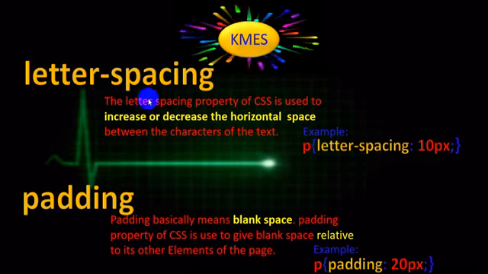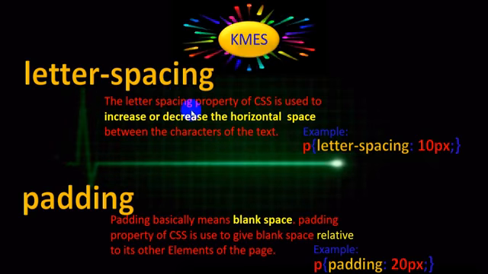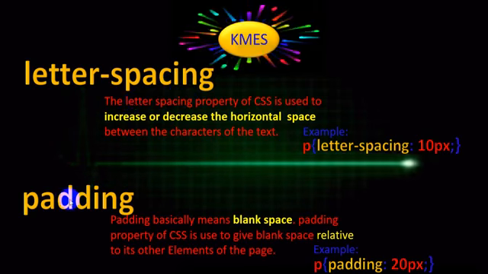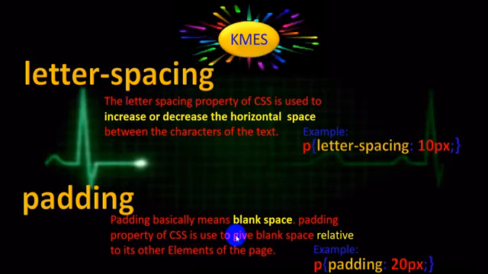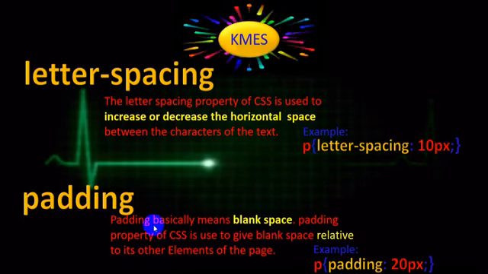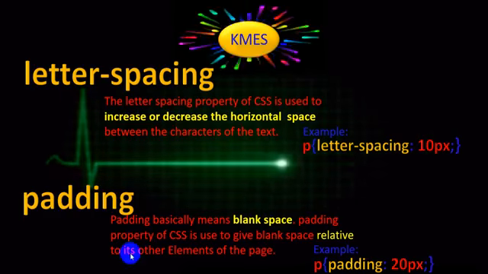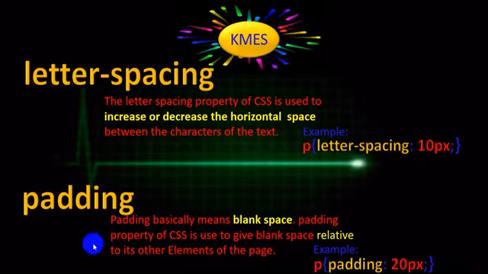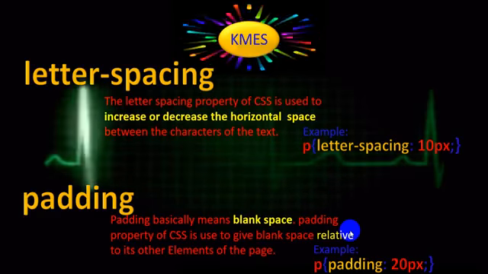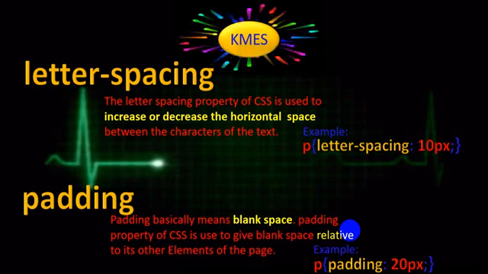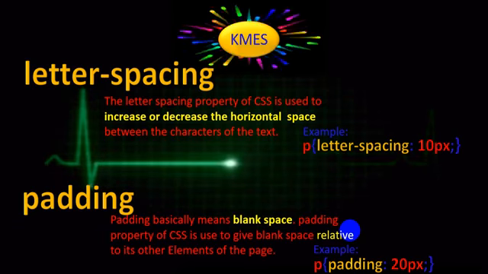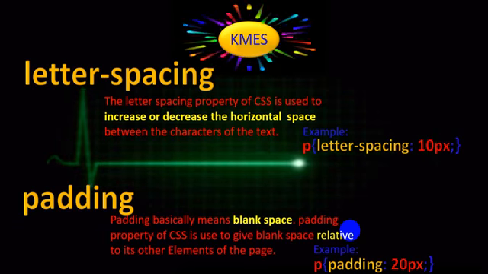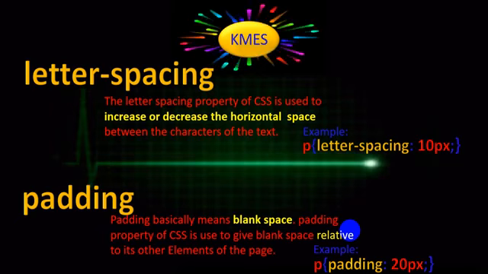Letter spacing will assign some space between the characters, and the padding property of CSS is used to add blank space before that element, after that element, and left and right. On both sides it will add some blank spaces. You will notice how it assigns space and what the effect of this property is. So now